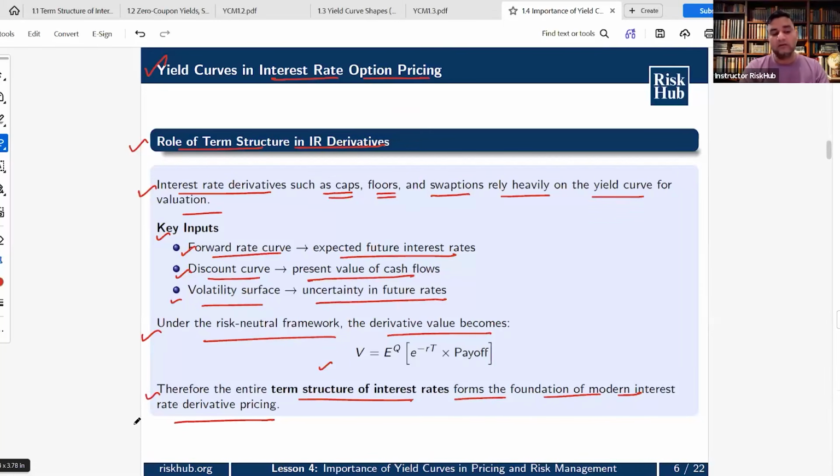V is the value today. E superscript Q is the expectation under the risk neutral measure. Exponential minus rT is the discount factor. Payoff is the cash that the contract delivers at maturity. It is used because it is a general pricing rule for any derivative. One clarification I'll add here is that the formula as written pulls e to the minus rT out as a constant, which is not valid for interest rate derivatives where r is itself random. The correct statement in that case would be